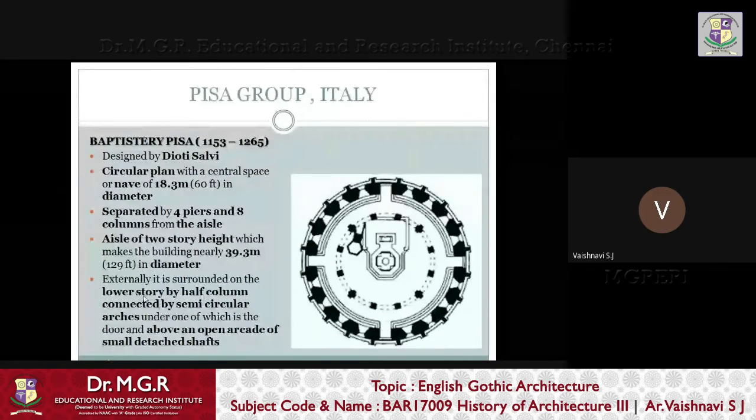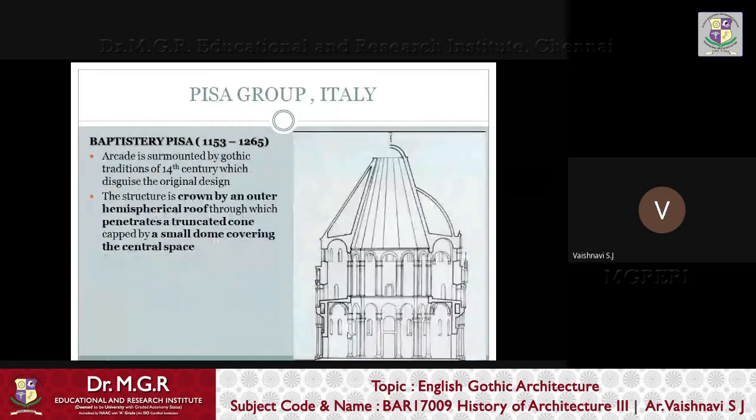it was surrounded by a low story of columns connected by semicircular arches. So when you see the section, you can find the difference. See here, you can see that they are connected with the semicircular arches here, and it is surmounted by Gothic traditions. Next picture I will show you the elevation. So that's how they have surmounted the Gothic style. They had used Gothic style in its original design, and initially it had a truncated cone shaped crown,